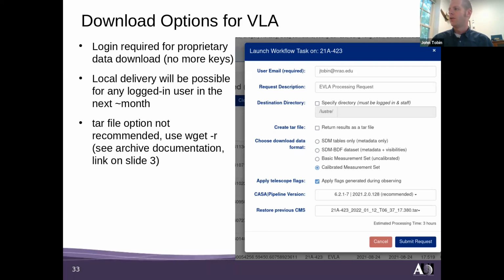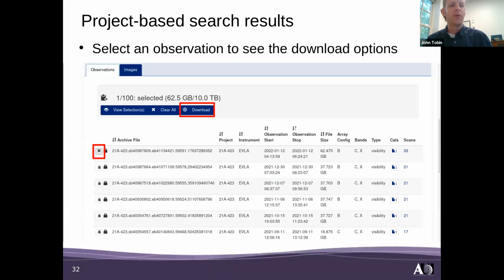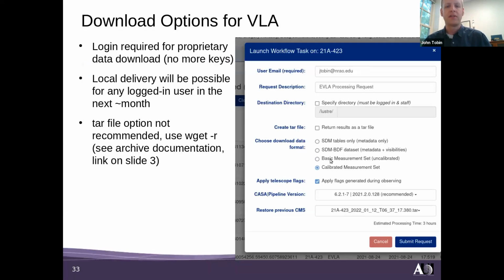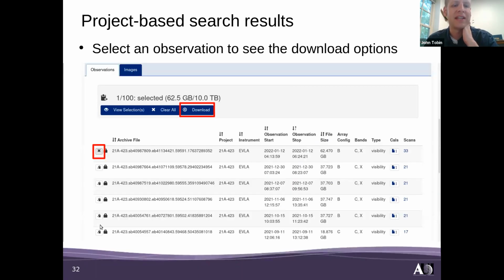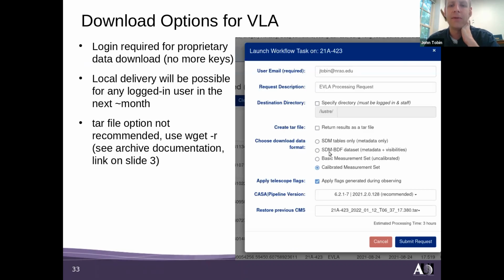We'll look at that and see if that's something that we can and should open up depending on how users are interacting. But right now that's a restriction. But if you only want the SDMs or basic measurement sets, you can download many of them at a time. You could select all the SDMs in this data set and then download all of the raw data for that data set. That is